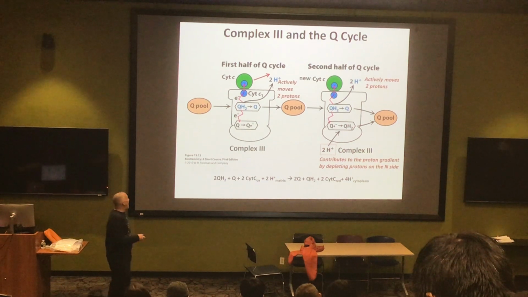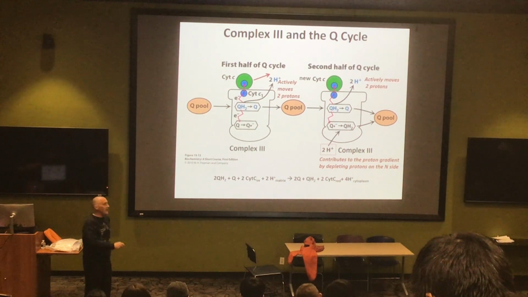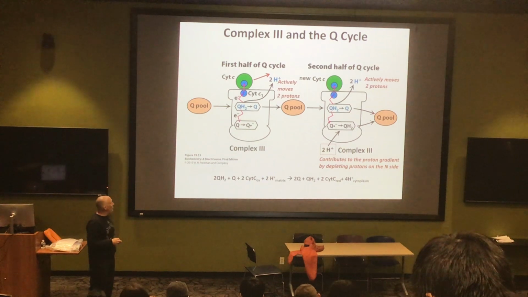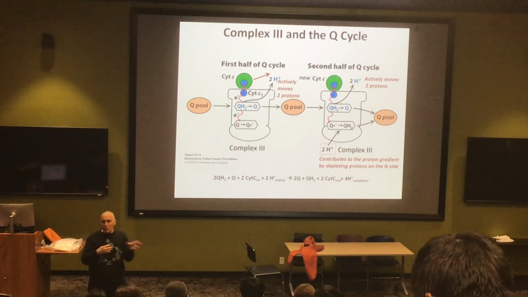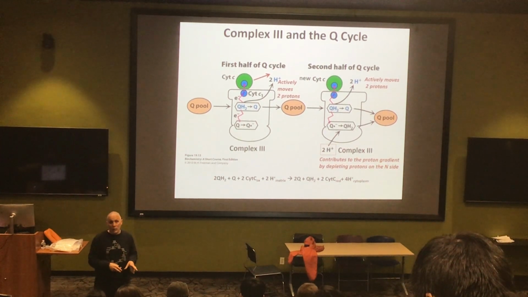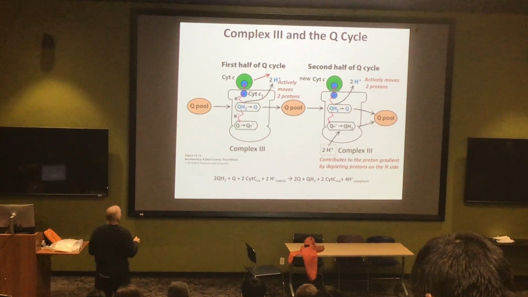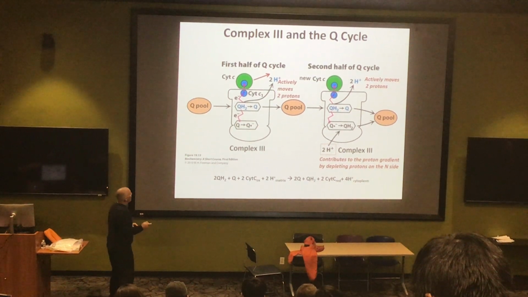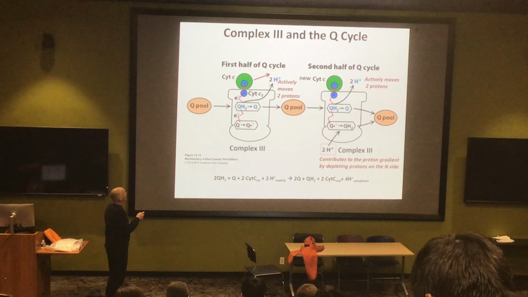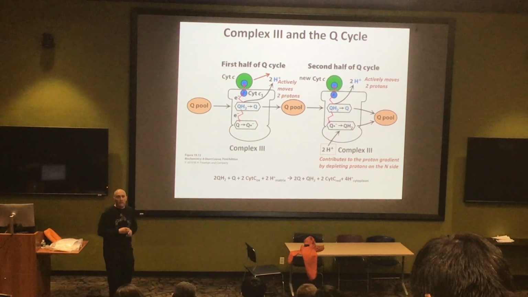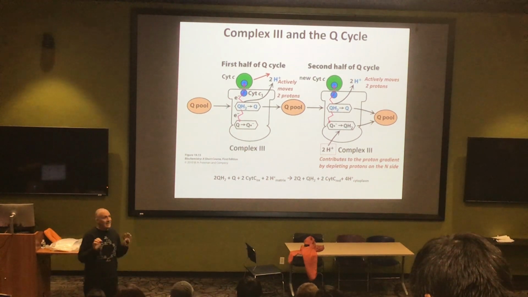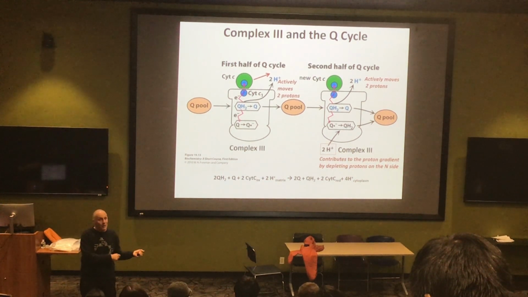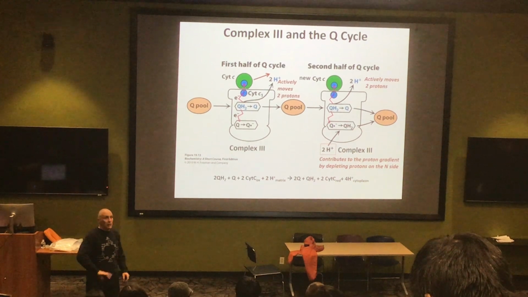Let's remind ourselves what we have now. We have a collection of quinones that are known as the Q pool. The Q pool is a mixture of mostly fully oxidized quinone, Q, just floating around the membrane, not associated really with any protein, and fully reduced quinone. And we know we have 2 electrons on each QH2, but unfortunately, the protein that's going to move us to complex 4, cytochrome C, only takes 1. If there's any evidence that nobody designed this, it's that the protein that's going to move us forward can only accept half of the number of electrons at a time.